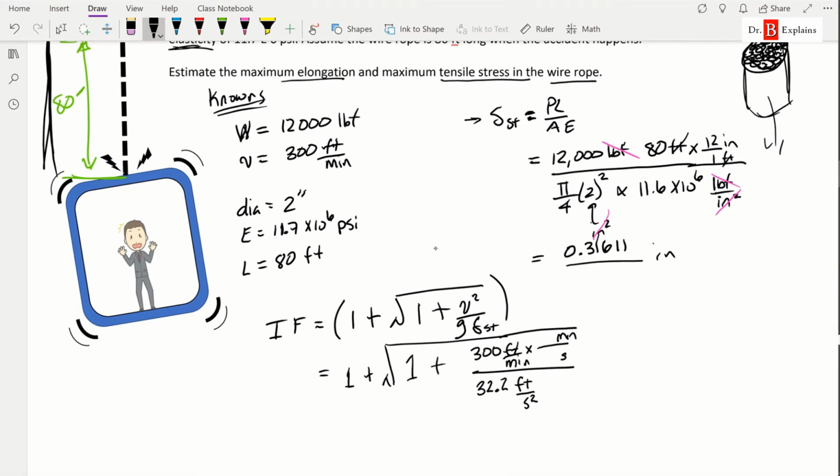We know that in 1 minute there are 60 seconds. There we go. So we can square this quantity because it's velocity squared. At the bottom we have the gravity, and then this gets multiplied times the static deflection. The static deflection was